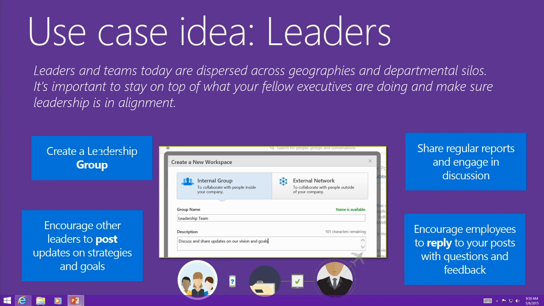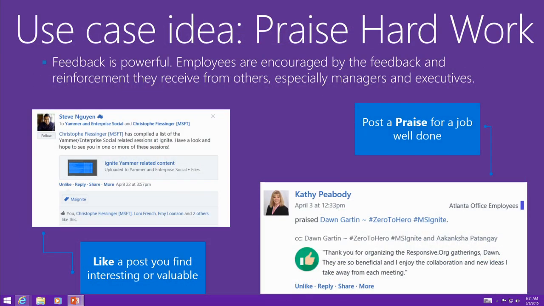But for each group, you can actually email to the group. If you're not on your mobile app, the group has its own distinct email address, so you can email to that group to start a conversation. And this is a good time to bring up Office 365 groups, which we will not get into in detail, but that is the end game of how we're going to tie in all of our products, from utilizing Yammer groups, Outlook calendar, and so on and so forth. That's the future of where this integration is going.